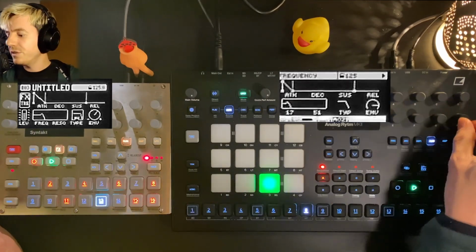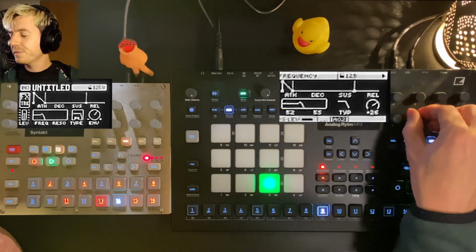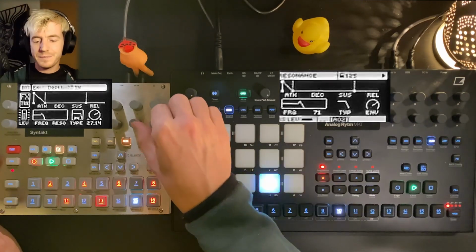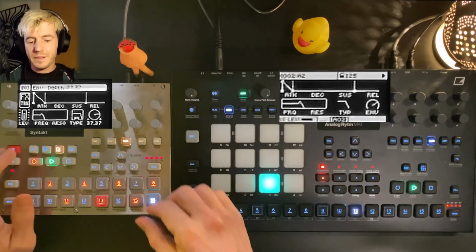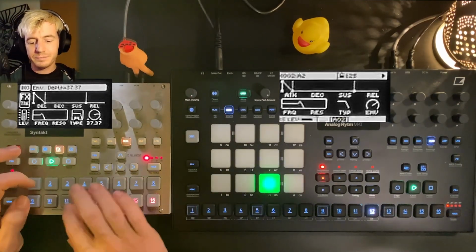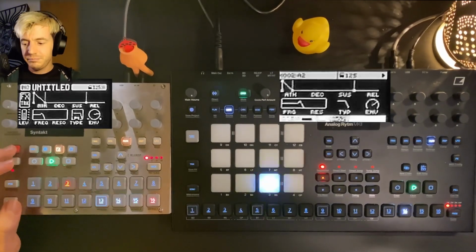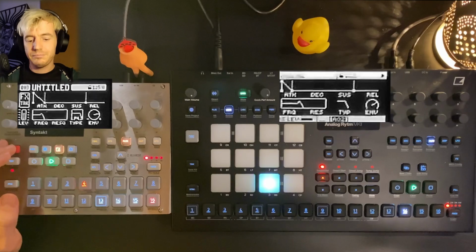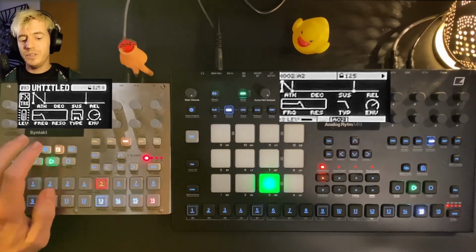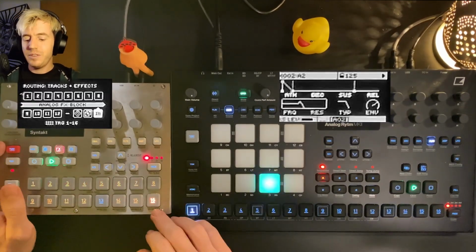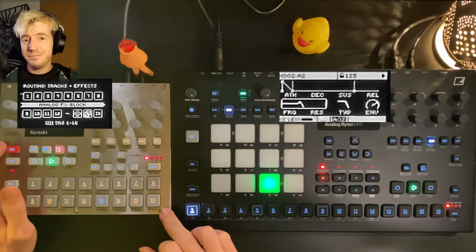A bit of sound design on the Rytm as well. Check together with the beat. Note that without routing these into the effects block,